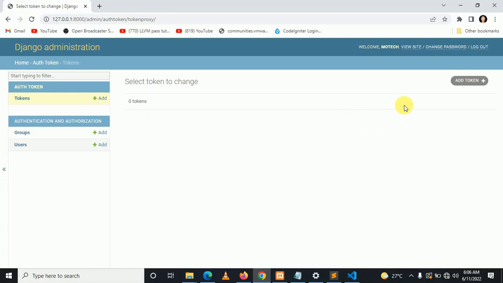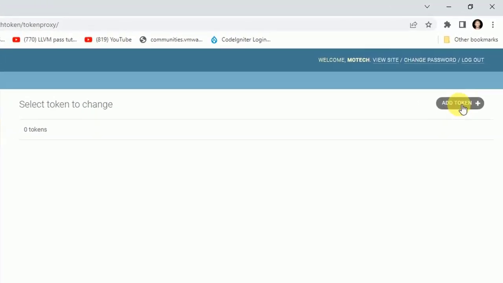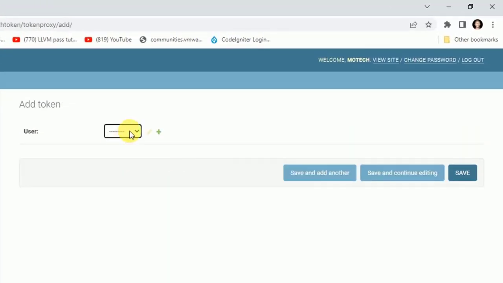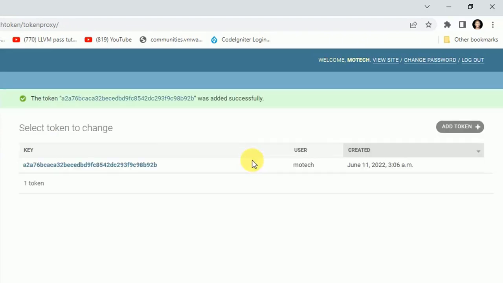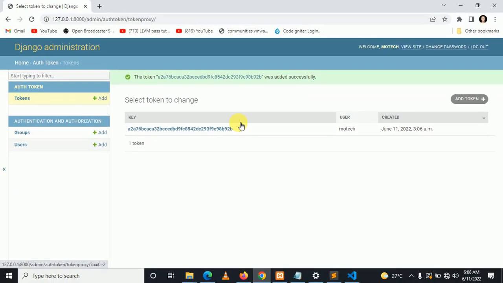Currently, let's create a token manually for user Motec, but as we proceed, this token will be created by default when a user is created. So let me add a token. The user is Motec, then I click save. After that, you can see this is the token for user Motec. Another thing, I think